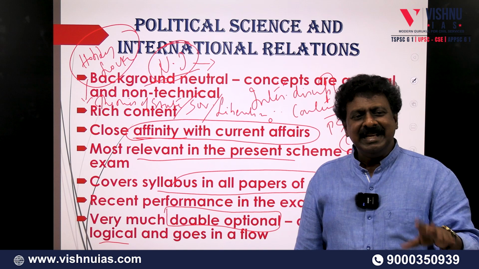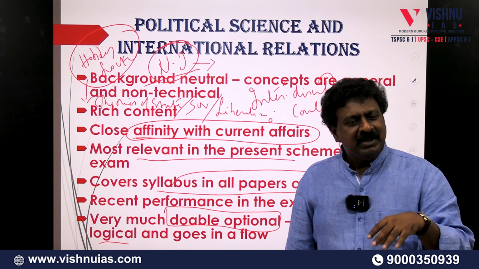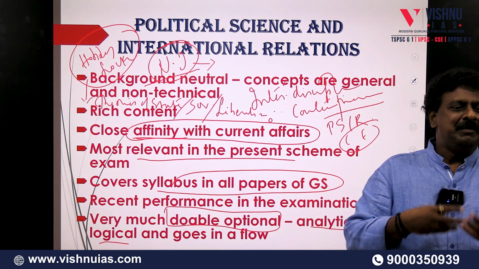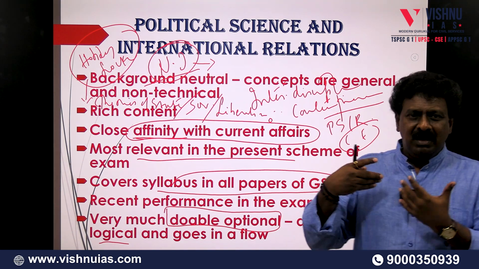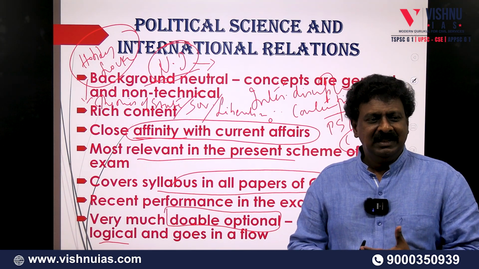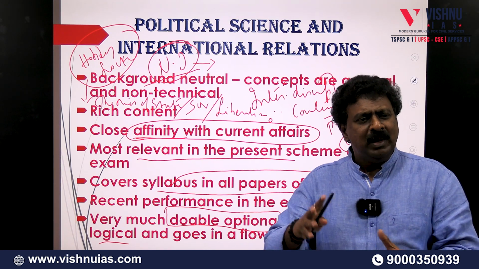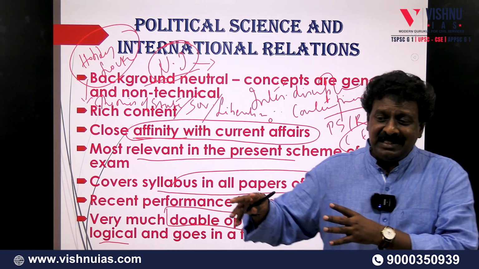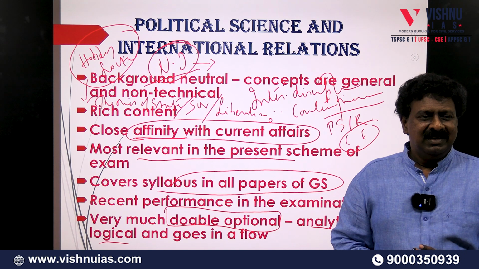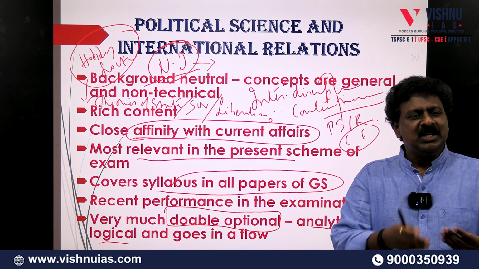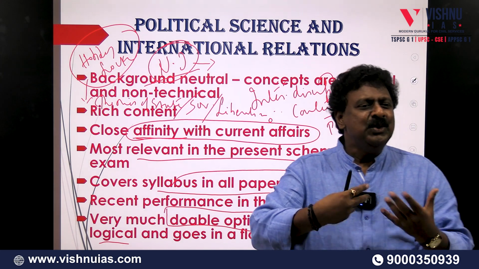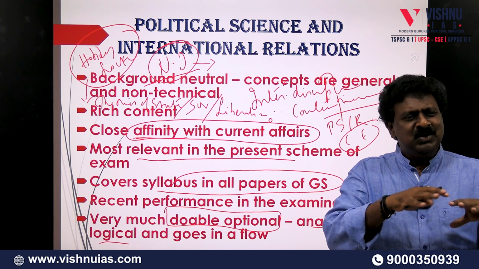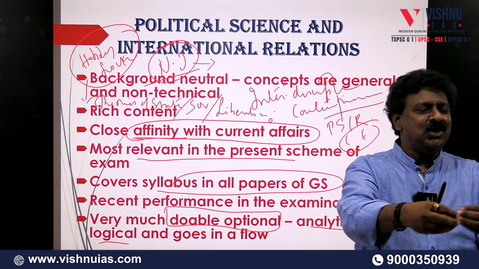Because in political science, you write about national power, you write about environment. You write about how energy requirements propel countries to explore alternatives. For example, the discovery of a new energy source at one particular part gives a lot of strategic importance to that part. Or a technological breakthrough related to energy can actually induce a new national power to a country. So in this way, whatever you study as a part of your current events in science and technology also can help you in political science.